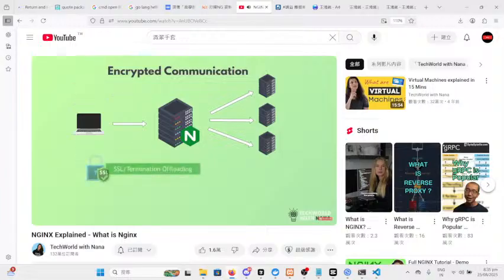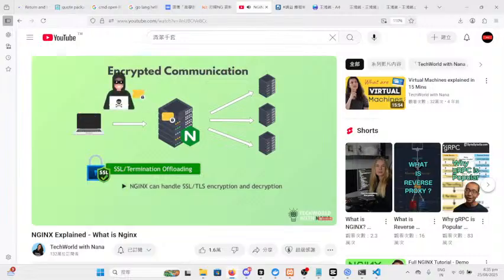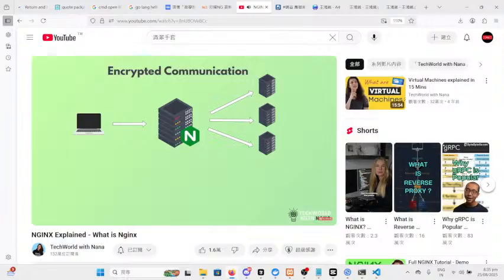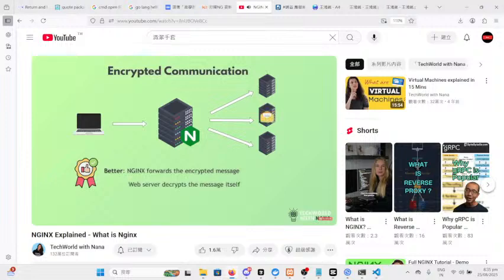So frontend will send an encrypted message to the proxy, which means even if an attacker sees that traffic in the user's browser or during the transmission, they can't read it. Only the proxy server can decrypt it. But again, for added security, in many systems, the proxy that acts as a security shield will simply pass on that encrypted message to the web servers, and the web server will decrypt it itself, which is actually